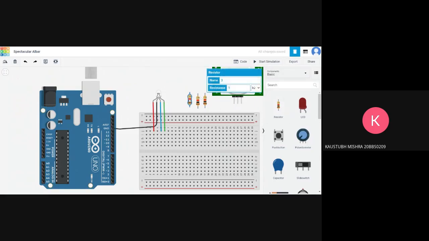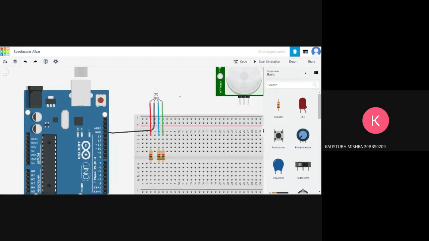And by default, all these 3 resistors are of 1 kilo ohm each. And we will connect a resistor over here, and over here. I will tell you why in just a second. And these resistors, their resistances can be changed over here. You can type the resistance that you want this to be, and it will change automatically.